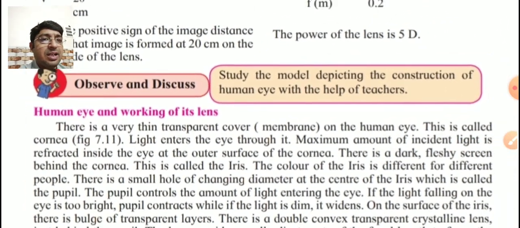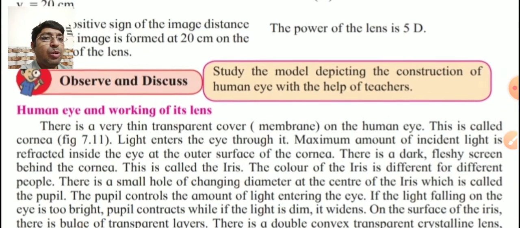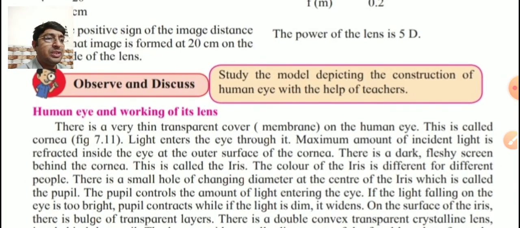A question is asked on this topic. What are the important parts of human eye and write its functions? Even the diagram is asked for the 2 marks. Draw a neat labeled diagram of human eye. So try to practice this human eye diagram at home and see what are the important parts and their functions given in this next topic.